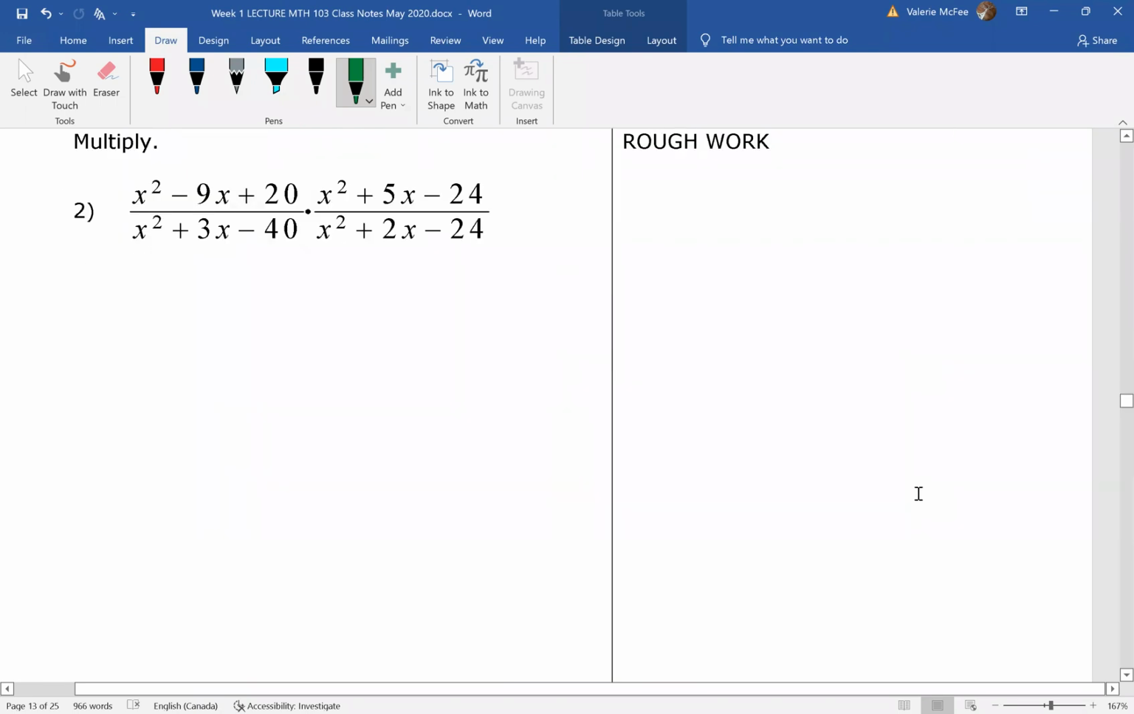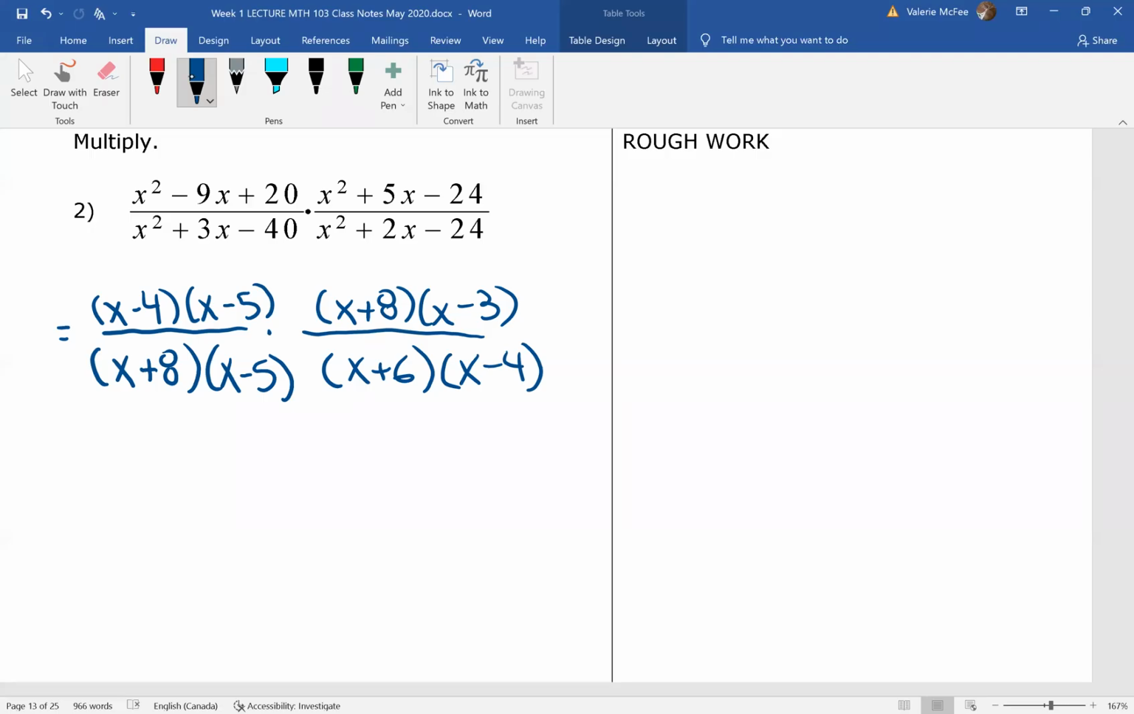So pause your video, factor the numerators and the denominators. You'll see I left some space on this page for those of you who have factoring work to do, where you split the middle terms, find the common factor. You should write all that out. That work doesn't need to be in your question. So step 2 is to